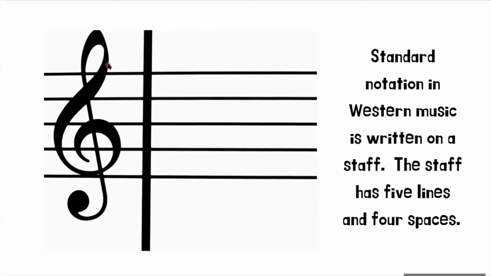Treble clef instruments are higher frequency instruments, meaning that the sound that they produce is higher in pitch or frequency than lower instruments. Ukulele, guitar, flute, saxophone, those kind of instruments, mallet percussion, those are all treble clef. Bass clef is bass guitar, tuba, trombone, euphonium, baritone, lower sounding instruments. All right, so